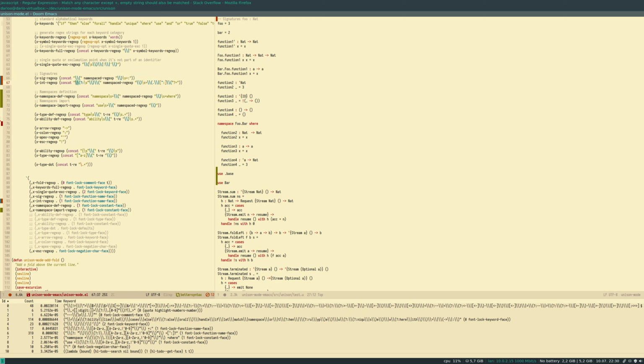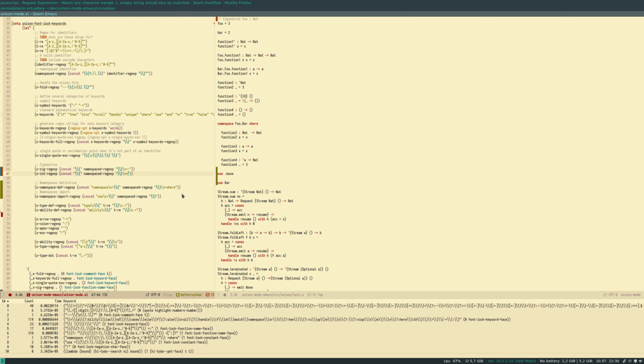So why am I doing this? Makes no sense. Let's try changing this a bit. So spaces, then I guess I can have